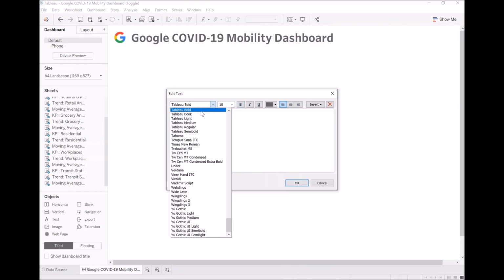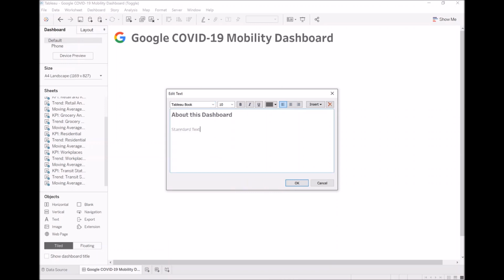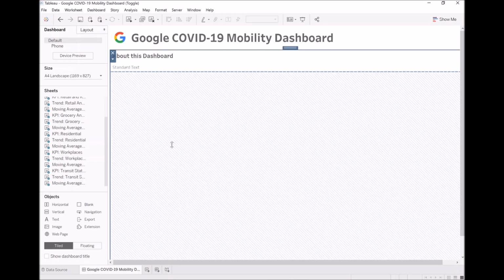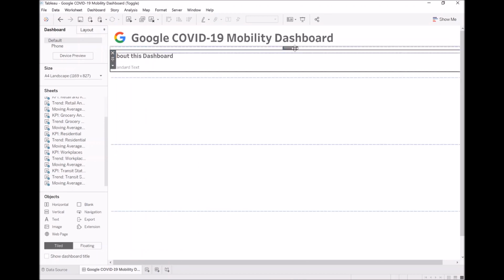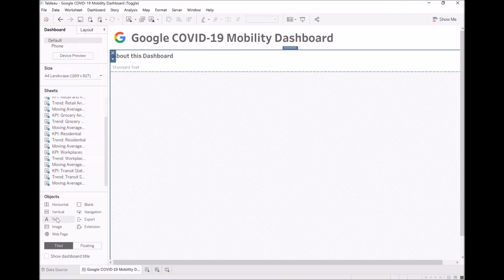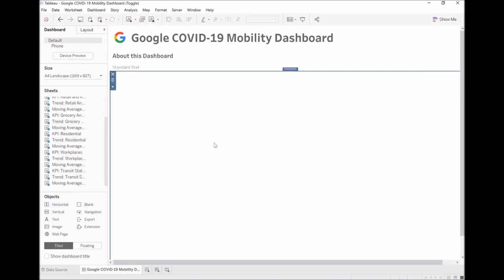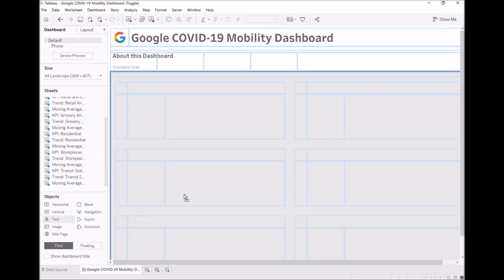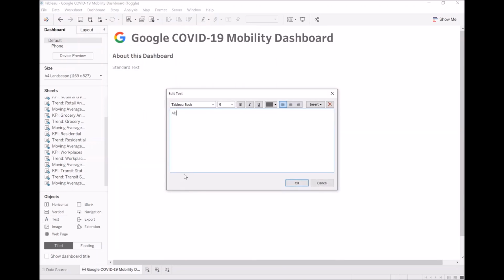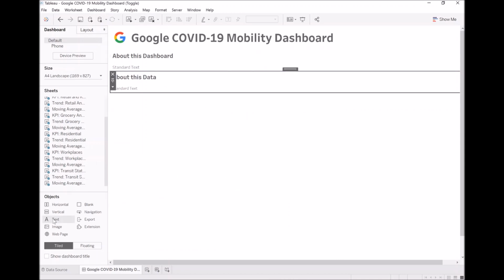And then underneath we are going to have general standard text. Let's make that 10 point. So some standard text in there. Let's click OK. So we have this about the dashboard. Underneath, I want us to have a horizontal container, and I want us to split this into two sections. One about this data, standard text, there we go. And on the other side,